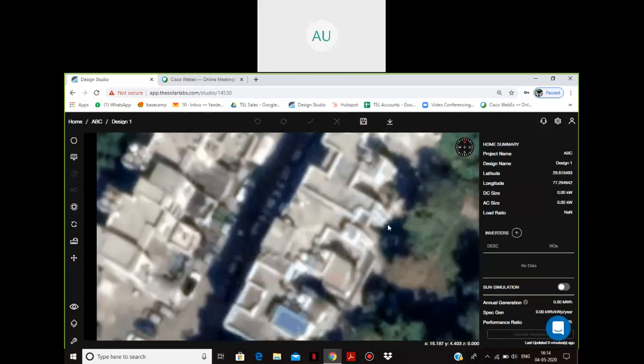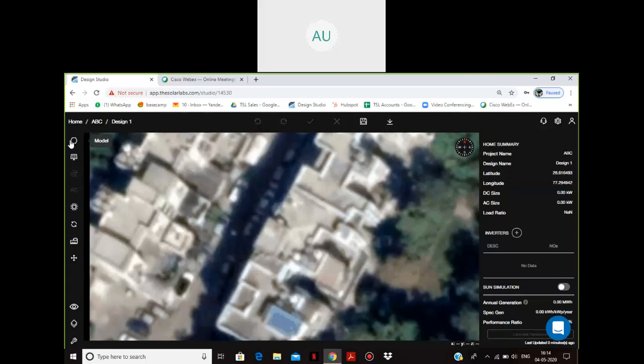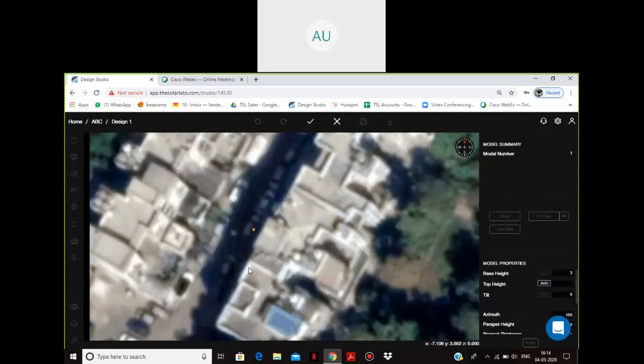So I'll start away with the design. The first tool I have is model, and inside that I have polygon. So I'll take polygon. This is basically the tool which I use to construct RCC roofs and sheds. So I'll start with this roof, and I'll start tracing this roof. While I do that, you'll notice that all of these angles are automatically snapping at 90 degrees.